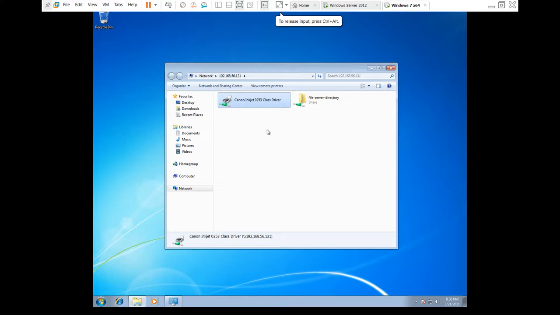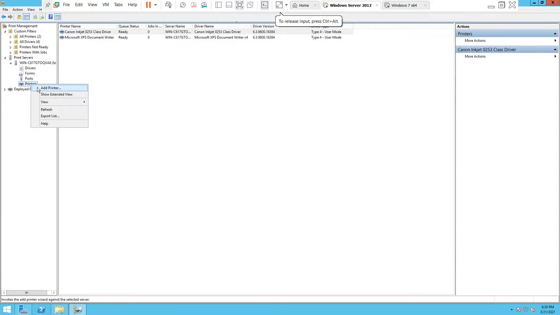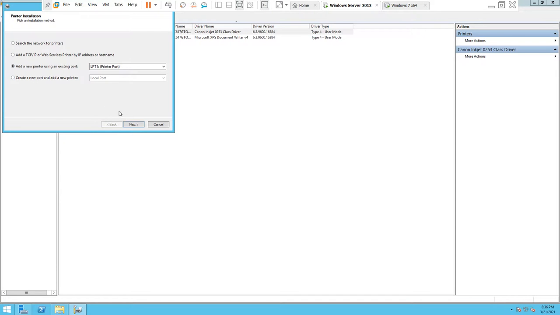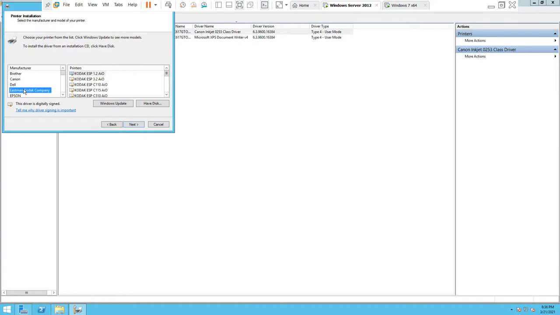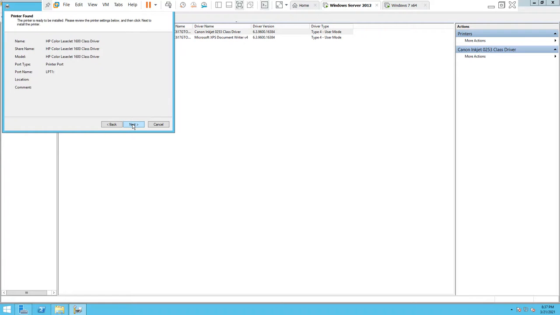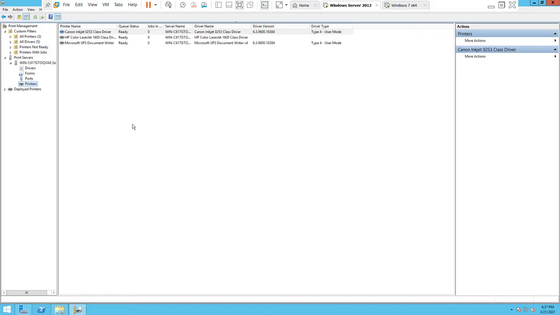Suppose in the future I have another printer and want to add it, then click on Add Printer, existing port, install new driver. Suppose I have a printer, HP Color LaserJet 1600, and next, next, next, finish.